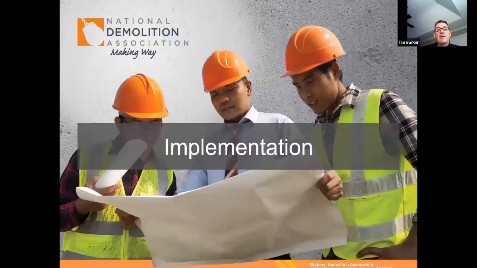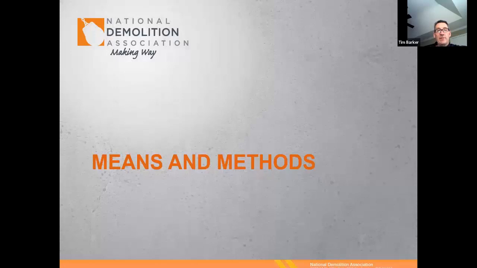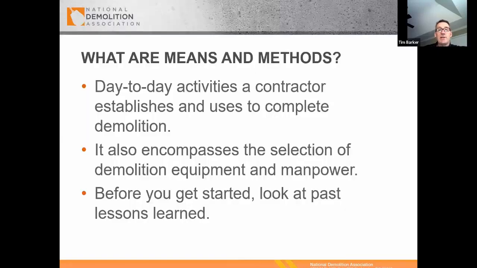So, implementation, means and methods. This is one of my favorite parts, because I used to be a contractor for 20 years, an abatement contractor, and now I'm an owner's engineer, owner's rep. And so I point out to the owners that the means and methods are owned by the contractor. They develop the means and methods. We don't. And there's a lot of opportunity for you as a contractor to be competitive and to develop proprietary or unique ways that you bring down or salvage or approach buildings